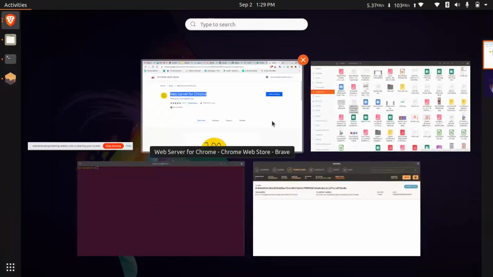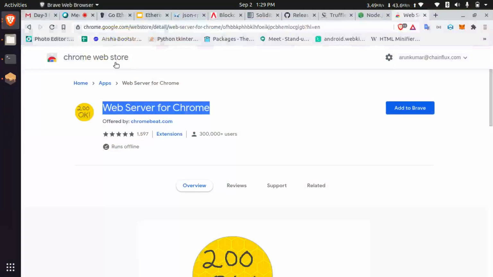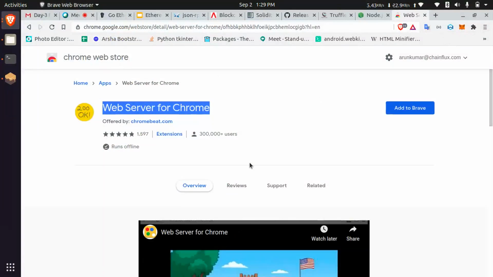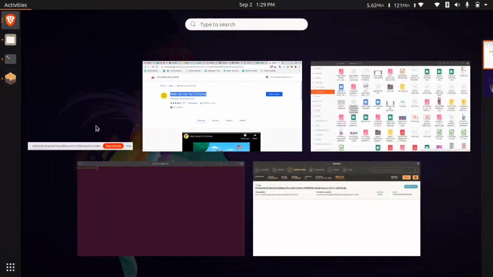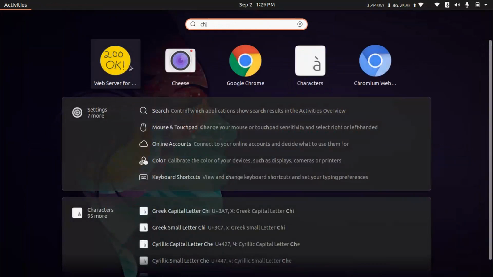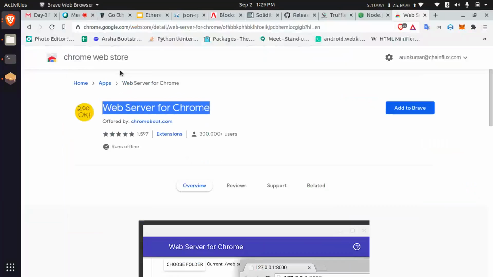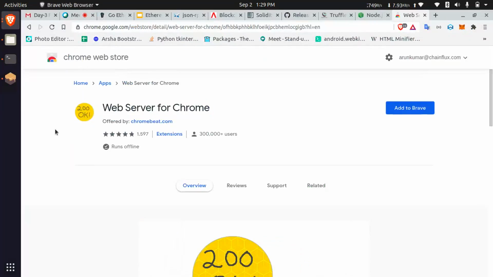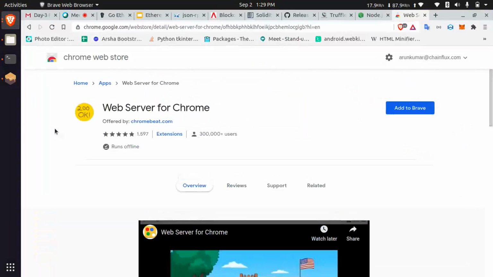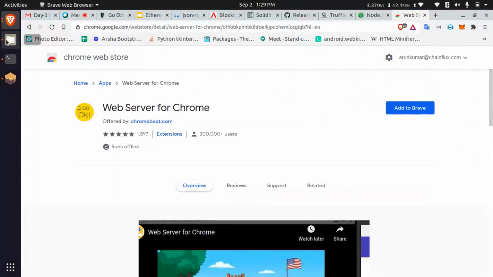Once you install, it will open like an add-on. Once you install, it will show your application list like this. Let me wait for that. And then run that file in server mode.